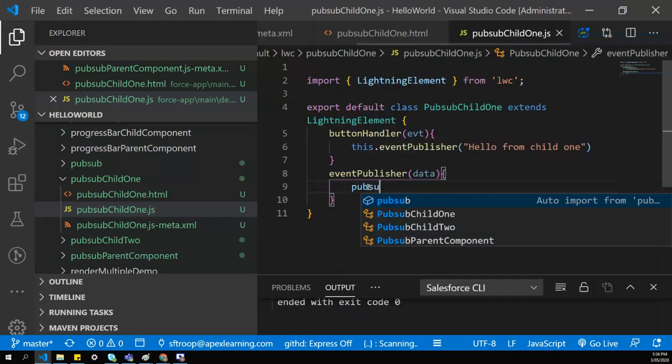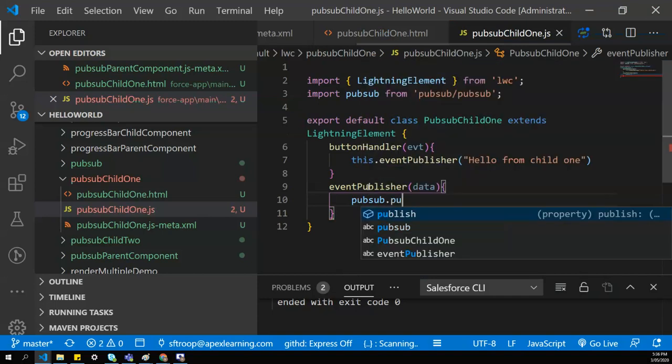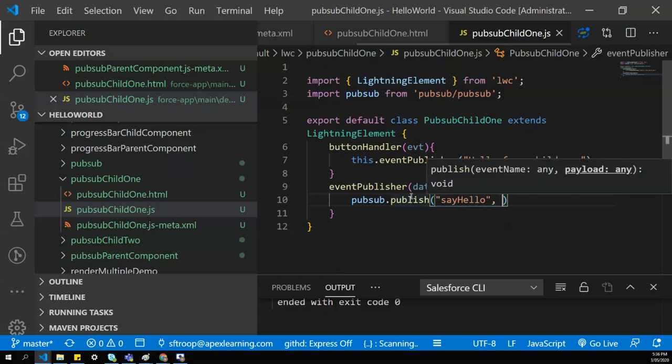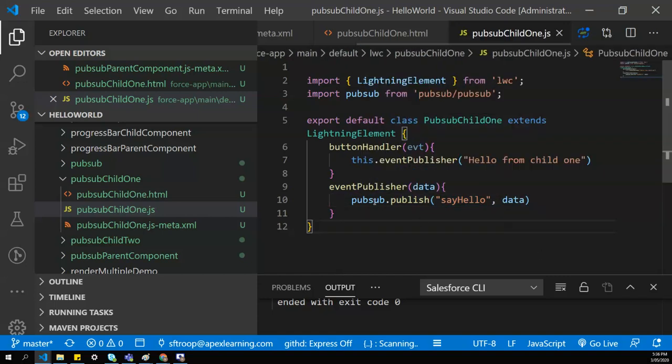This method will call pubsub.publish, and the event name should be say hello. I'm giving the event name, and we already know publish takes two properties. One is say hello, and the other is a payload, that is data. Let's import this library pubsub.